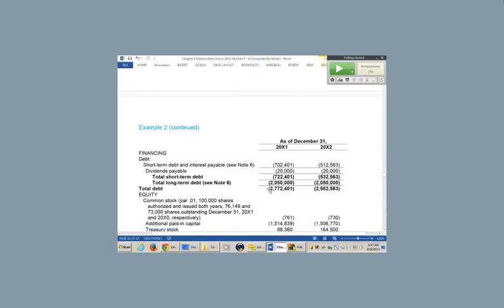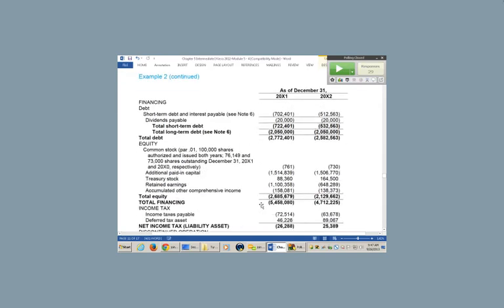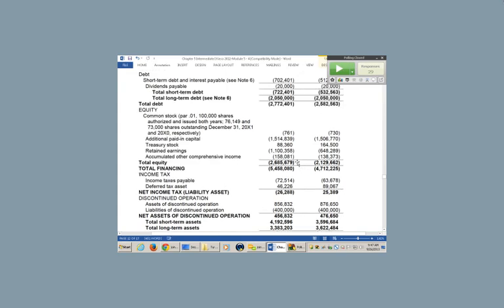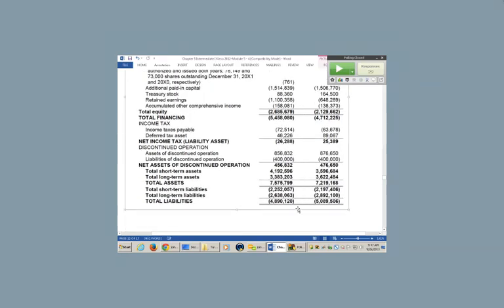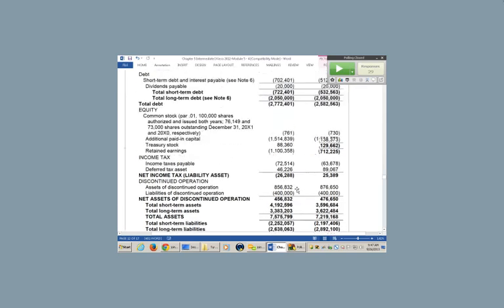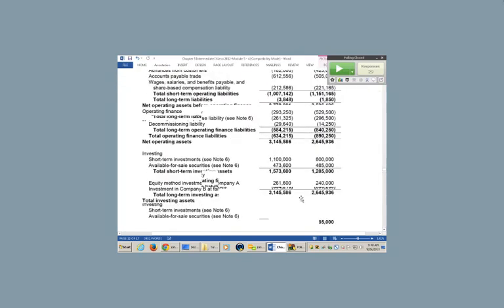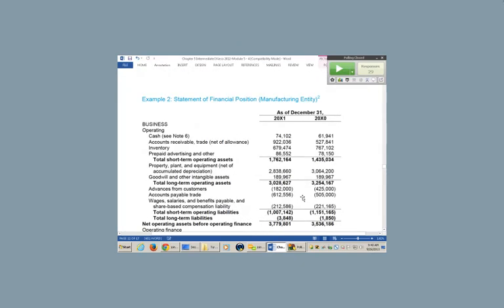Then on the next page, they have financing, debt. Then they go into the equity. I'm trying to figure out how the balance sheet balances, and it's pretty bizarre because it's kind of hard to balance. But it looks like, right here, total equity is 2,685,679. The only way it balances is if you add it to total assets and total liabilities, but these numbers are coming from all different places. So it's extremely confusing, and I hope they don't go to it, but if they do, this is what it would look like. Hopefully you take the CPA exam before this ever happens.